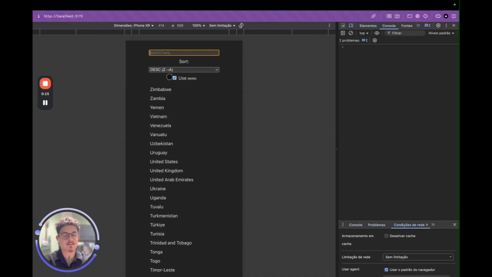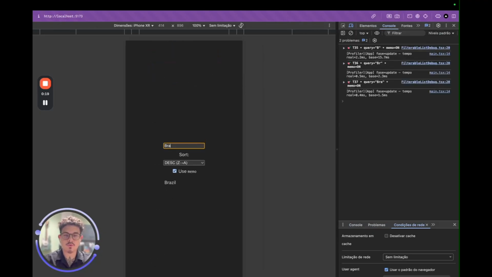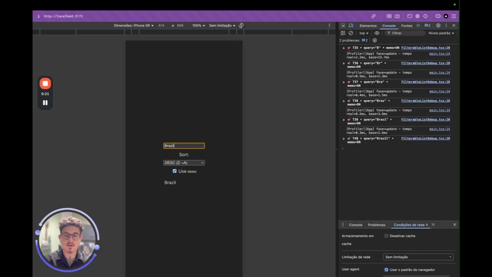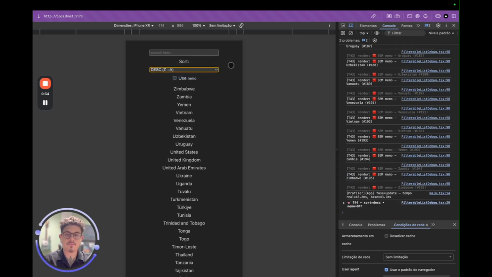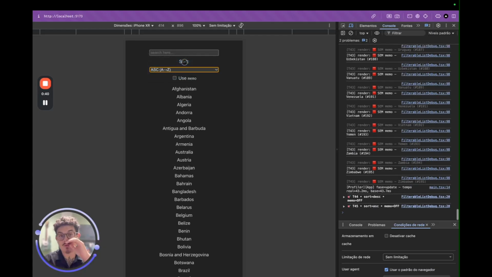So this is frequently asked in interviews for front-end engineers. Basically, this is a list of all the countries, and we can search through the list like this and find the country that we want. And we can also sort those results in ascending and descending alphabetical order, right? But why stop there, right? The first exercise is a filtered list.